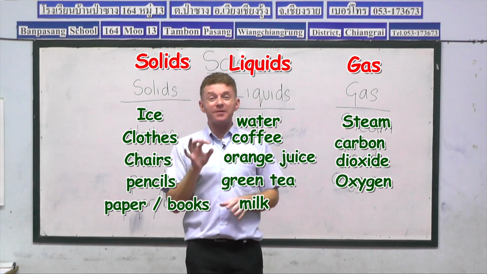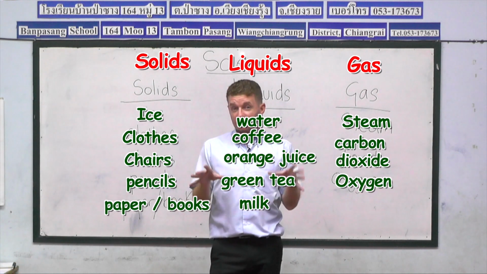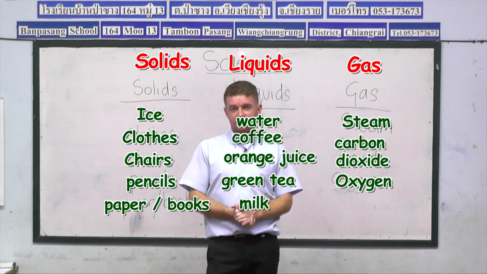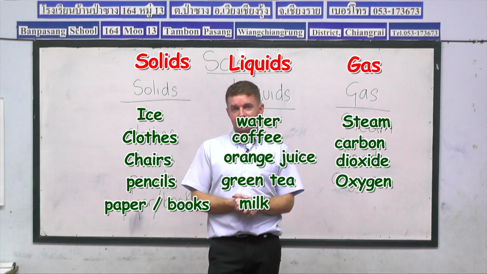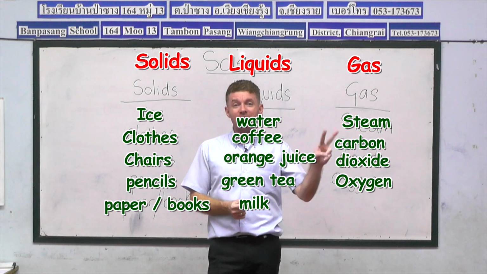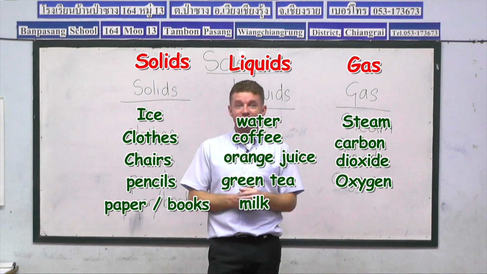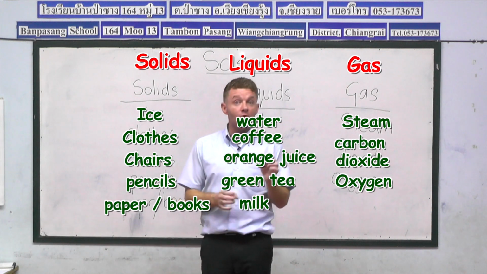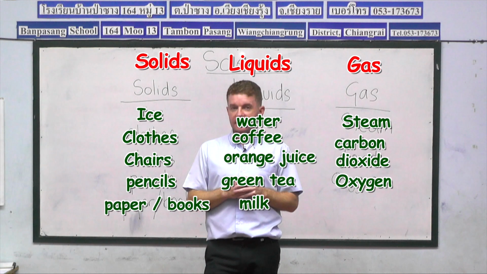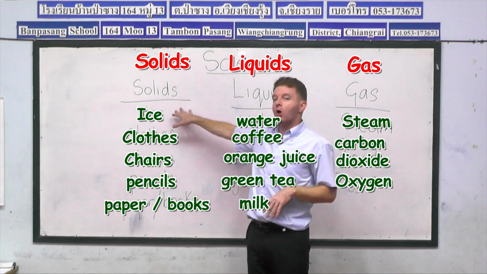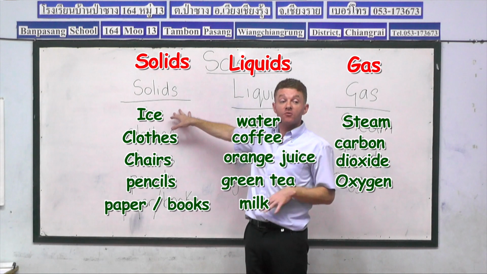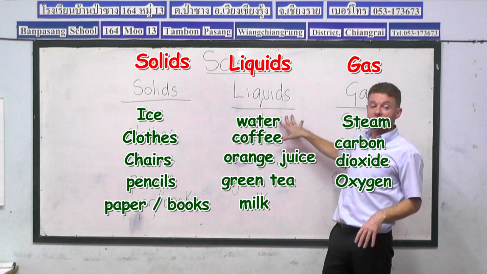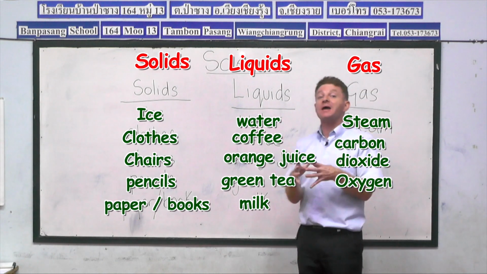So what we're going to do in today's lesson is we're going to learn a little bit more about matter. And we're going to ask the question, what is matter? And how do we measure matter? So there are two different ways to measure matter that you'll be hearing about in today's lesson. The first one, guys, mass. And the second one, volume. Yes, mass relates to solid matter. We measure solids with the mass. And volume relates to liquids. Yes, we measure liquids by their volume.